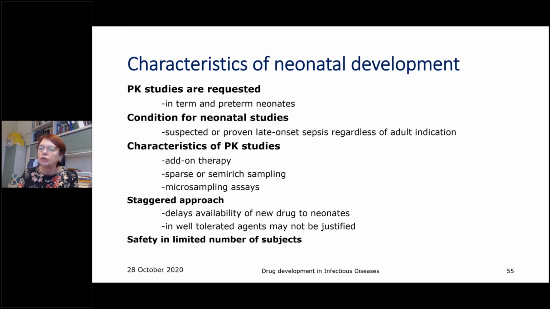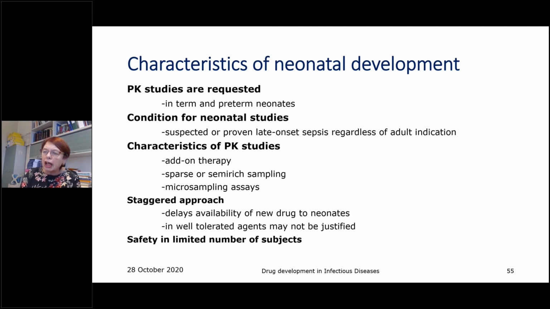regulators encourage these so-called add-on therapy studies, which are also not the easiest studies to do, but you don't want to give the new drug as a single agent to a neonate when you don't exactly know how this drug would behave. So add-on therapy is preferred. You can't take too many samples from a neonate, as already mentioned by Phoebe as well. So sparse or semi-rich sampling is encouraged. Microsampling assays are developed, and you also want